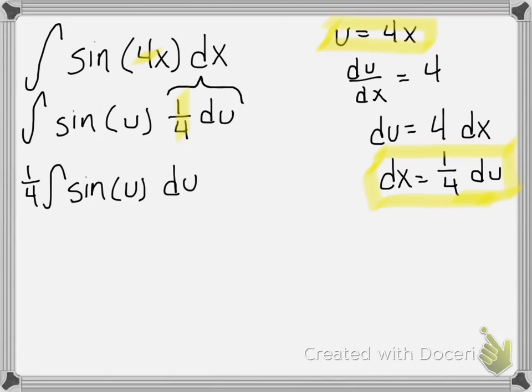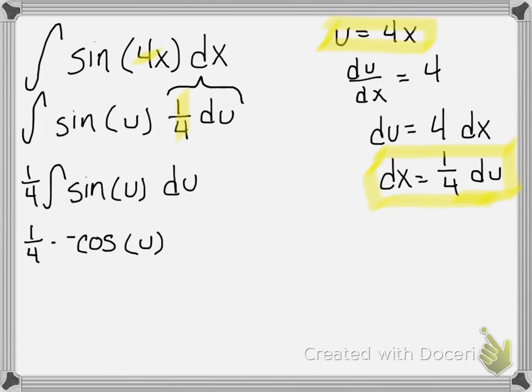Okay, well, from the trig videos that I put up, if you take the derivative of cosine, you're going to get a negative sine. So if you take the derivative of a negative cosine, you're going to get a positive sine. So that would be 1/4 times a negative cosine of u,